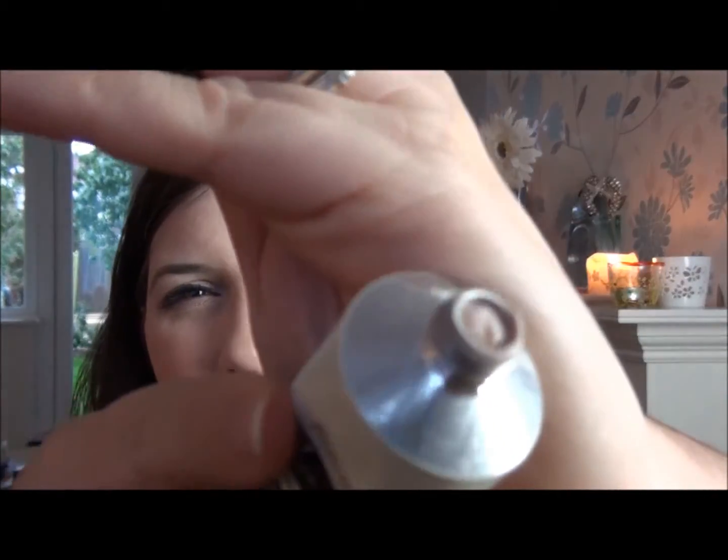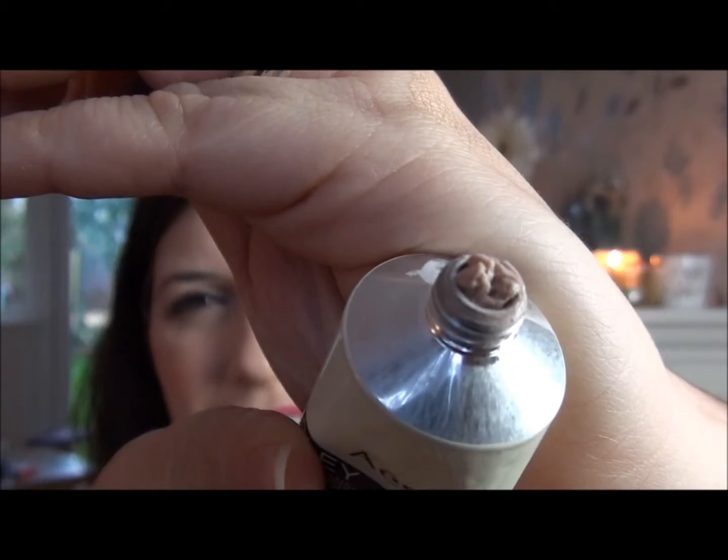Wowza, this stuff, you cleanse your skin, put this on, leave it on for like 10-15 minutes until it dries, and it's a bit hard to show you. If you can see the end of the tube, what it looks like there, it's kind of like a muddy oatmeal looking mask. It goes on kind of watery, and then it dries out into like a white mask,